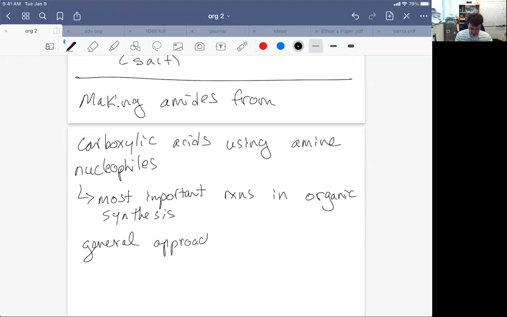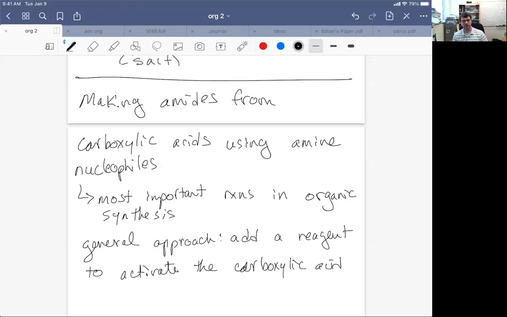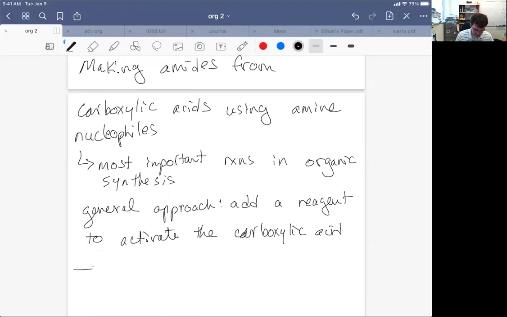Now, the general approach is to add a reagent to activate the carboxylic acid. Now, there's a whole host of reagents, and there's just numerous examples of these. One common approach would be just to convert the carboxylic acid to the acid chloride. For industrial processes, that can be a little bit cumbersome. So instead, we use